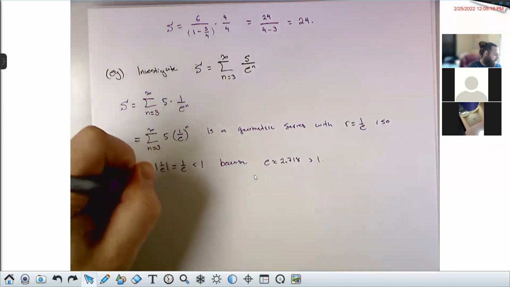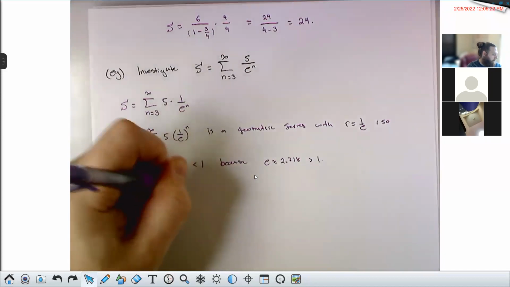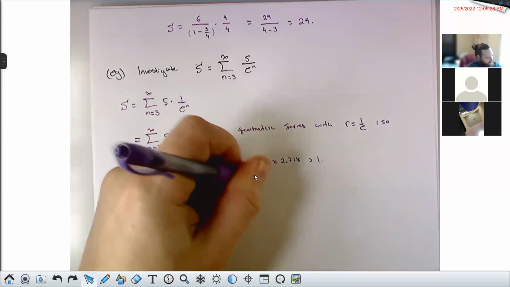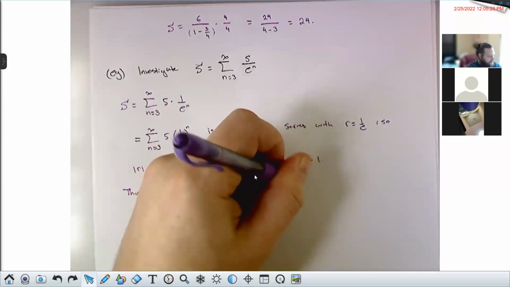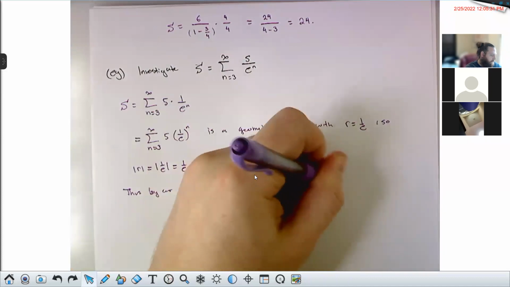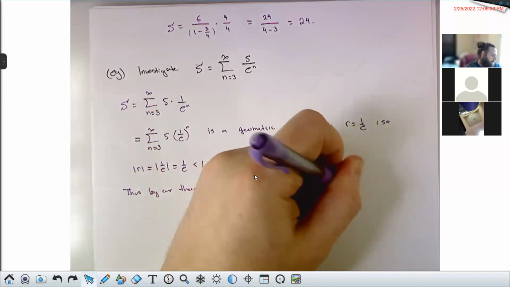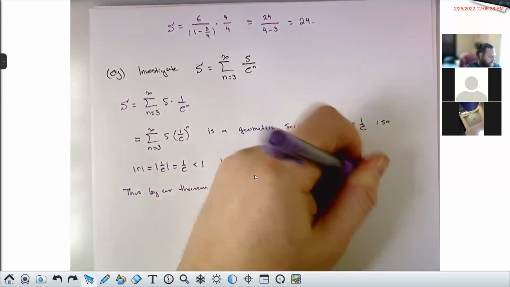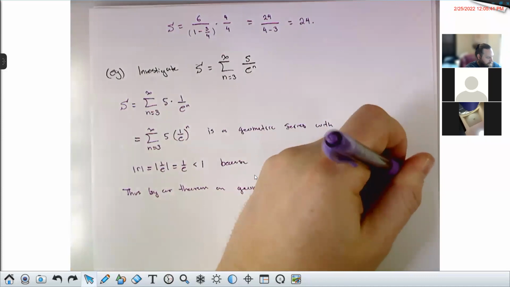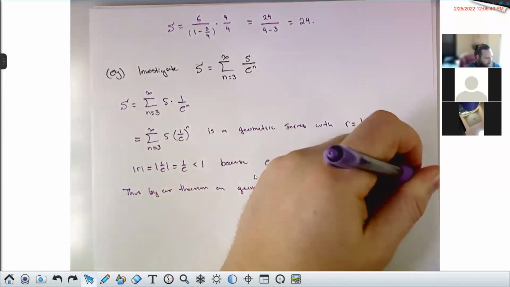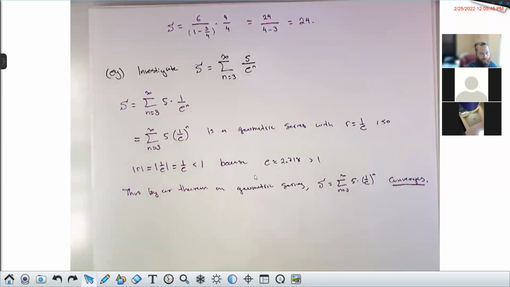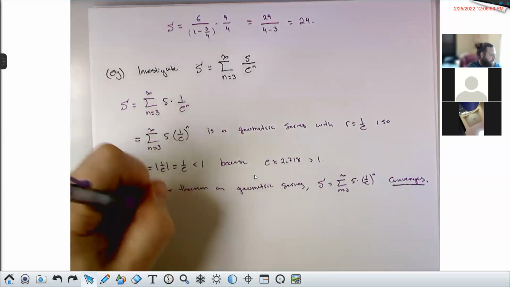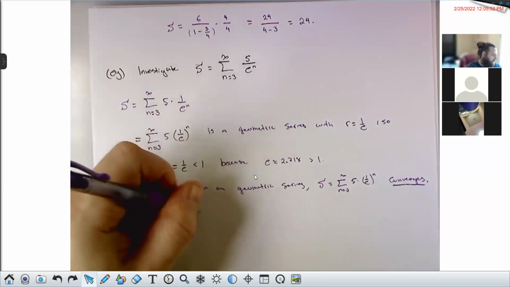Thus, by our theorem on geometric series, this series S equals sigma n from 3 to infinity 5 times 1 over e to the n converges. Moreover, the sum of the series